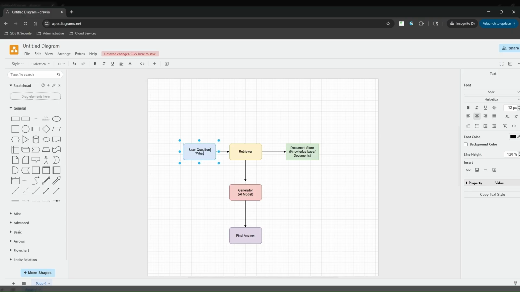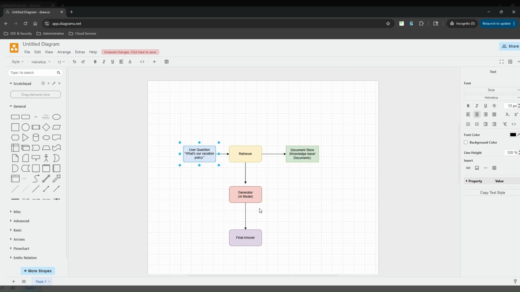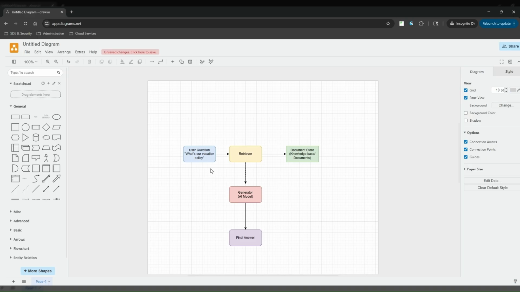okay, what's our vacation policy, something like that. Now, any AI will probably just try to make things up. But if you are using a RAG, let me just make sure that I have a